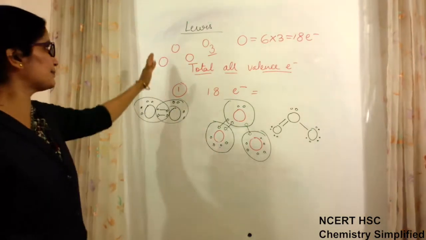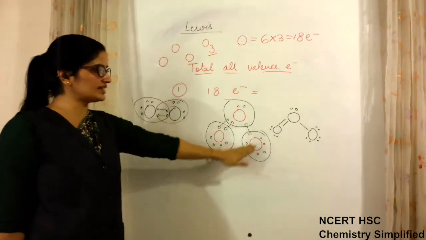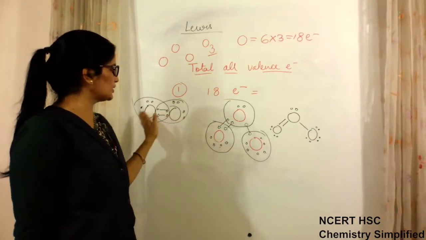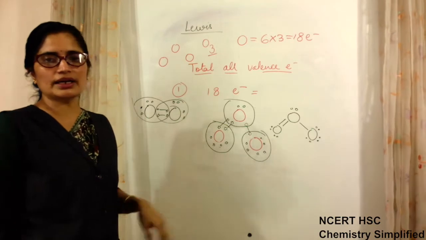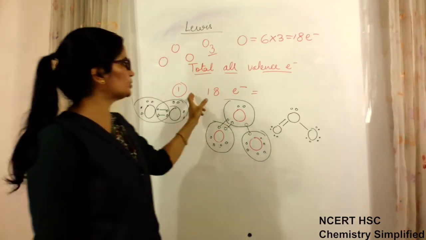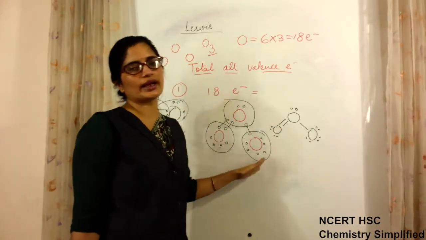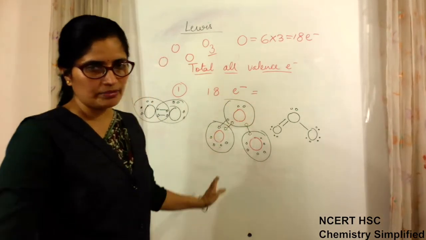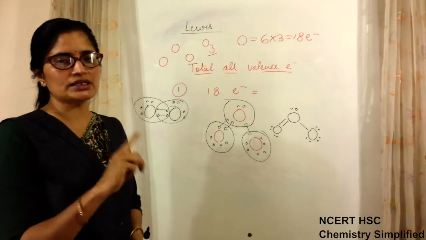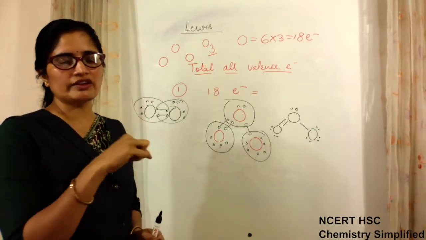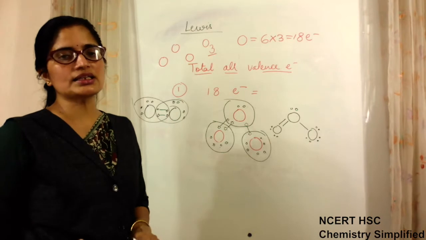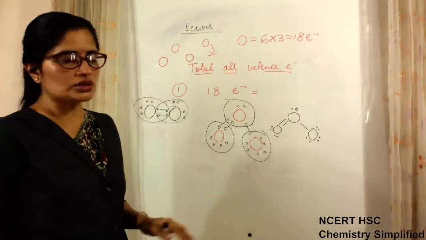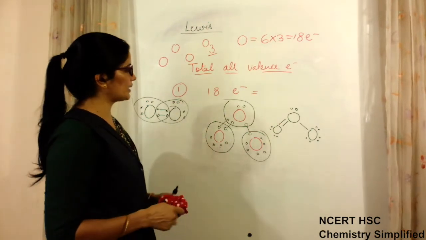So in the Lewis representation of covalent bonds, whatever is the valence electron count in the particular atom is not mentioned, but when you do the total of all, each one should get its octet complete by placing the bonds in such a manner as we have placed one by one. First we will place 1-1 bond between them, then we will give 1-1 lone pair, and then we will see whether a double bond or triple bond is needed or not. Okay, so this is one example. We will look at more examples also.